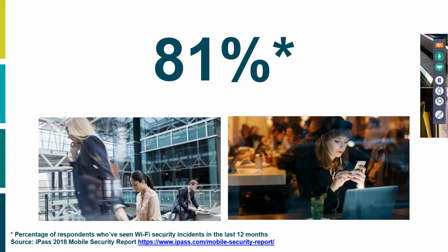So your workforce is mobile. They're dependent upon connecting via Wi-Fi, whether they're at their desk, in a conference room, at a cafe down the street, at home, or even if they're traveling out of town. And they're using a variety of devices, including personal devices, to accomplish this. According to Cisco, about 63% of the time they're out and about, they're using public Wi-Fi rather than cellular to stay connected. In the 2018 iPass Mobile Security Report,